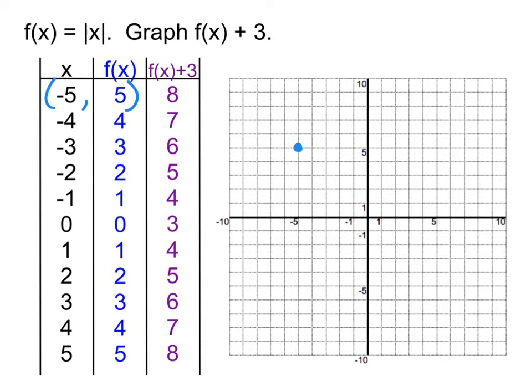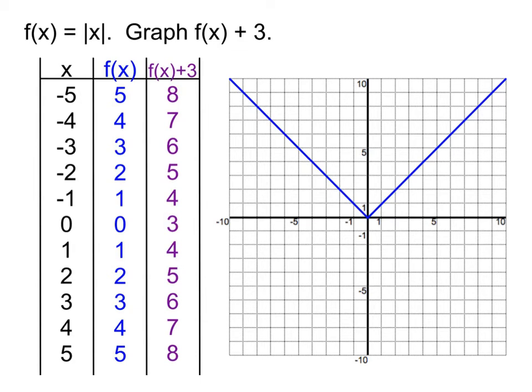And we're going to keep doing that for each of the other points, where, for instance, the next one would be at -4, 4. Once you've plotted all those points, we can see the shape here. And yes, it is that absolute value graph, which is hopefully familiar, that V-shaped graph. And so I go ahead and draw that graph in. And now I can move on to the important part, the big part that we really got to get down here, which is f of x plus 3, and seeing what that plus 3 is actually doing